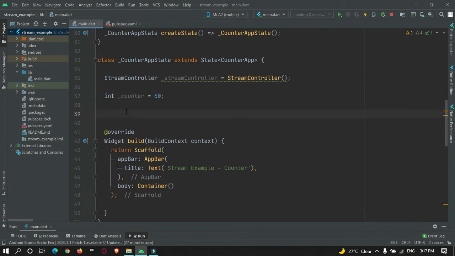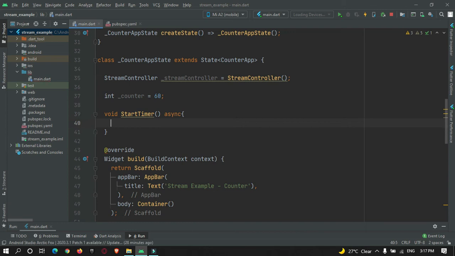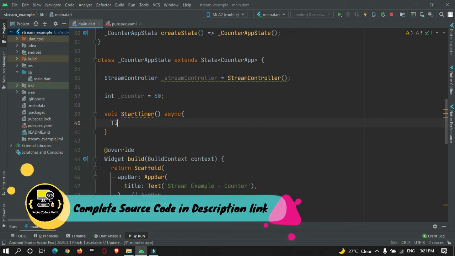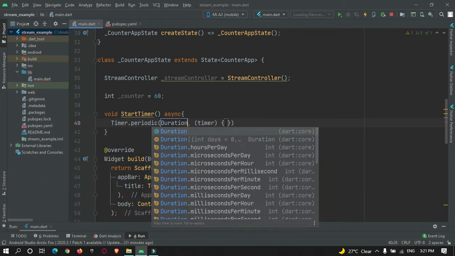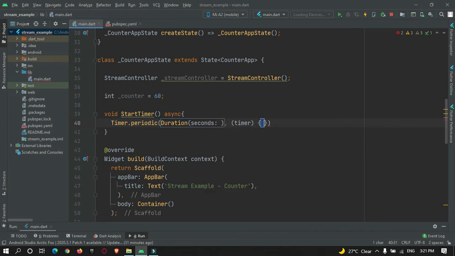Let's create it, void startTimer. I will make it async, and inside this we are going to make use of a timer. So Timer.periodic, Duration, and inside Duration there are various properties. We will make use of seconds and set it to 1.